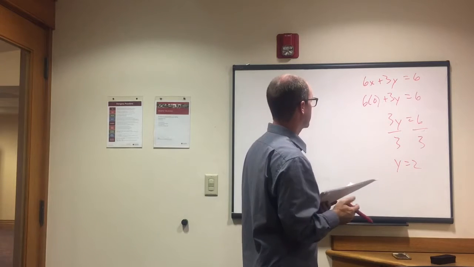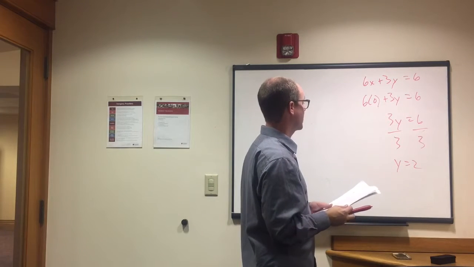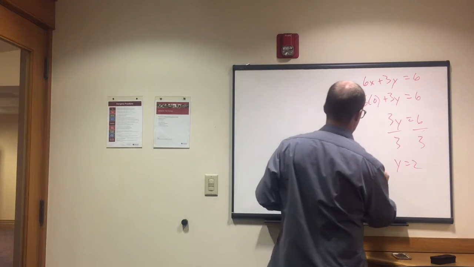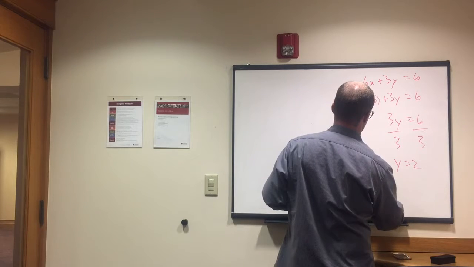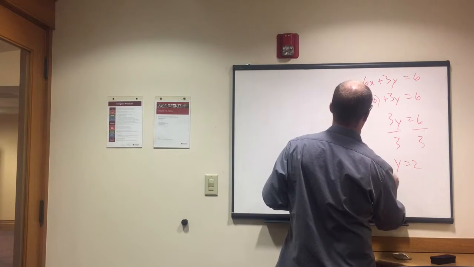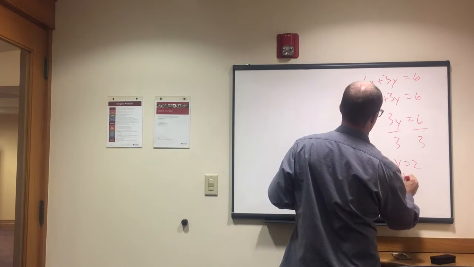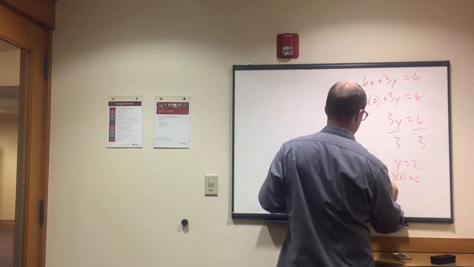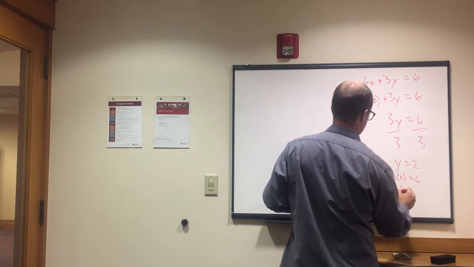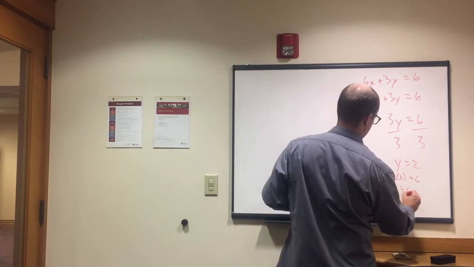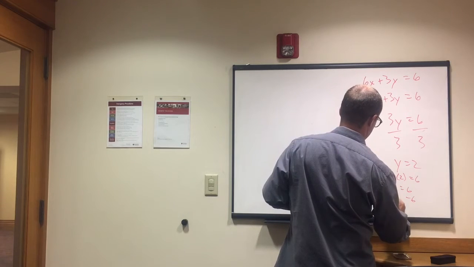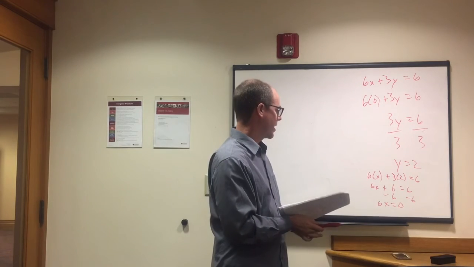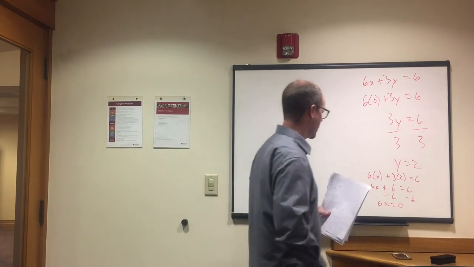Okay, and that's really all you got to know. If you then have to go and find slope, then you would plug in this y equals 2 up here. We can do it, right? Then it would be 6x plus 3 times 2 equals 6. So 6x plus 6 equals 6. Subtract 6 from both sides. 6x equals 0. And then we divide each side by 6. X would be 0, right? And that's how we would